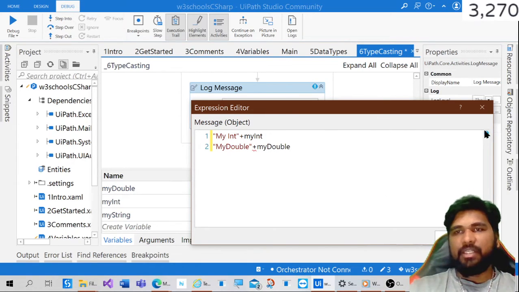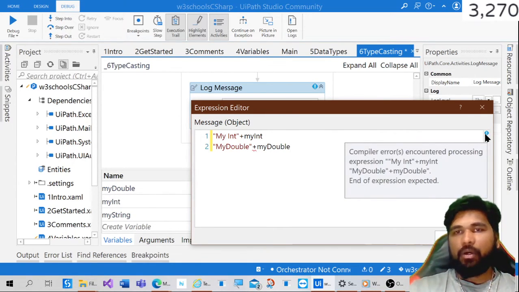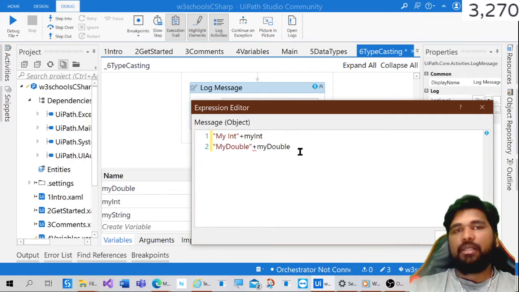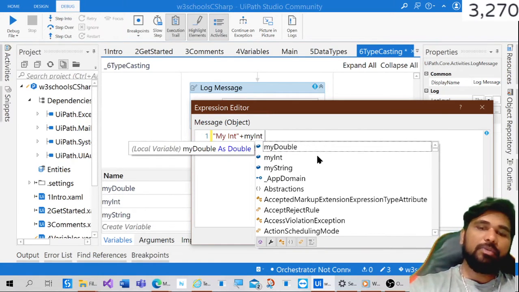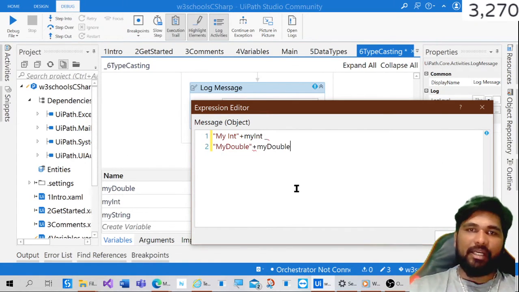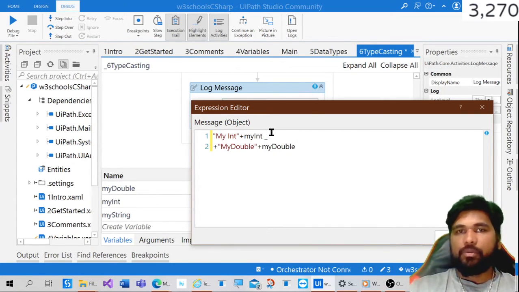Can you see that there is an error? But why? Because anything that we are writing as an expression should be in a single line. But if I want to do it like this, I just need to add an underscore at the end, and I can directly add plus over here. So this should give me a correct value, and the reason it's not giving me a correct value is, let's see,